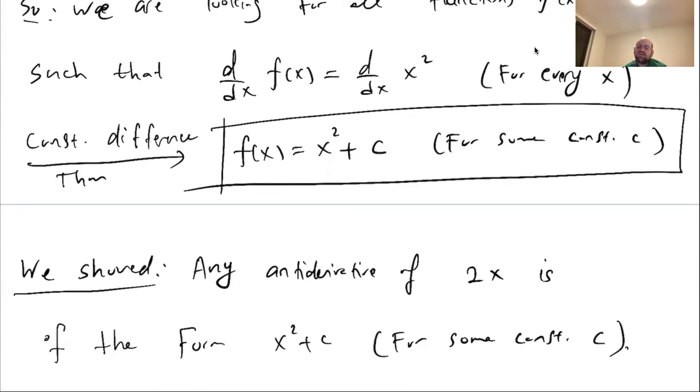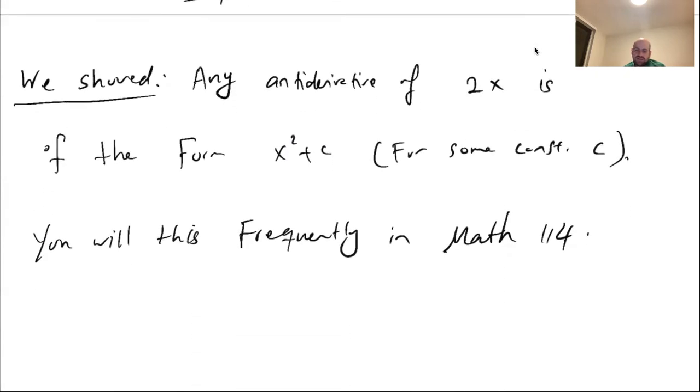Similarly, you can show that any antiderivative of, for example, 3x squared is of the form x cubed plus c. Or the antiderivative of cos x is sine x plus c, and so on. And like I said, in Math 114, you will call this an antiderivative, and another name you will see is indefinite